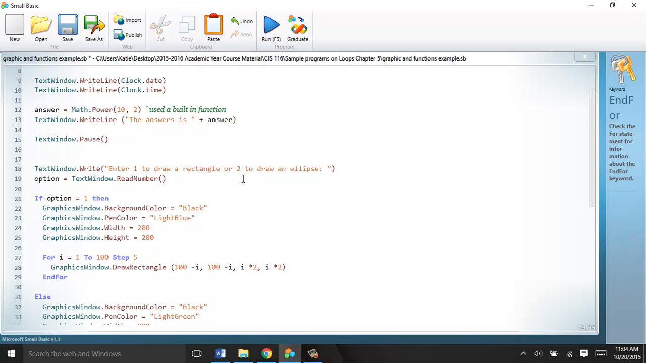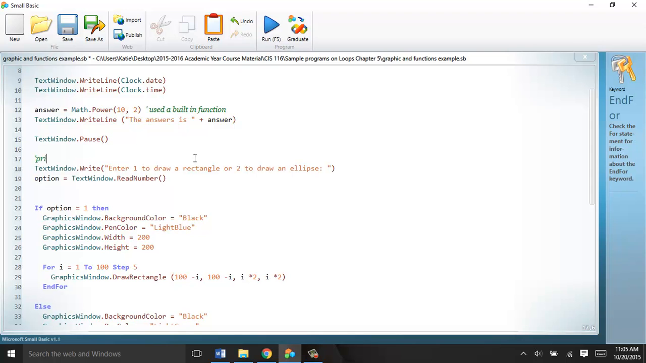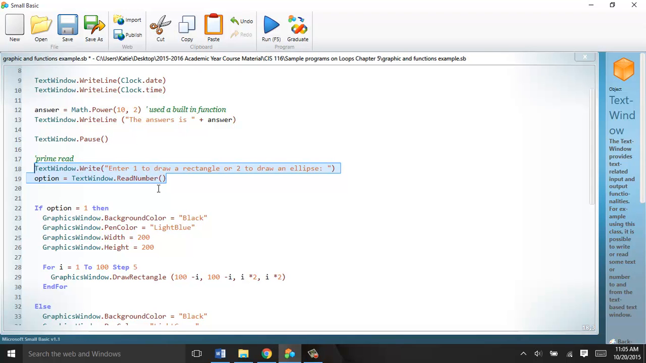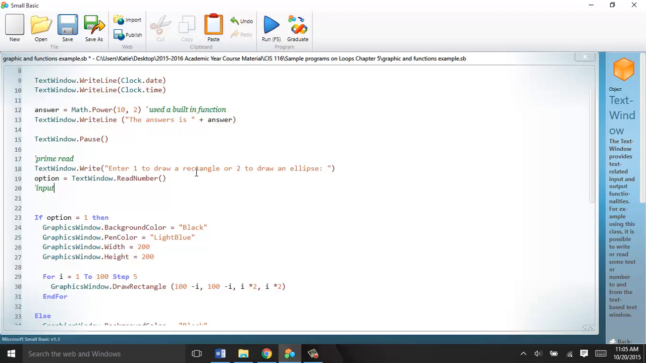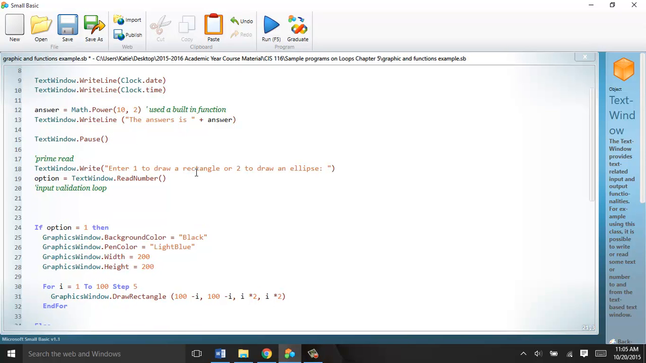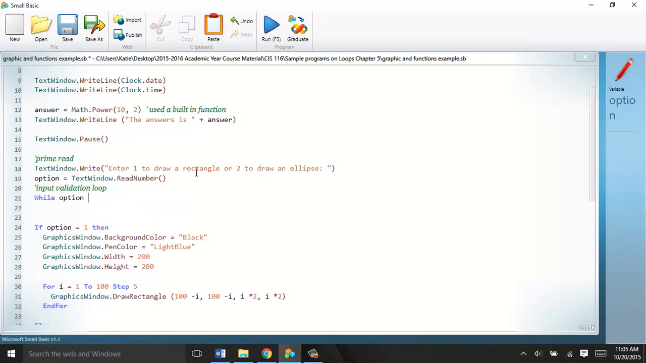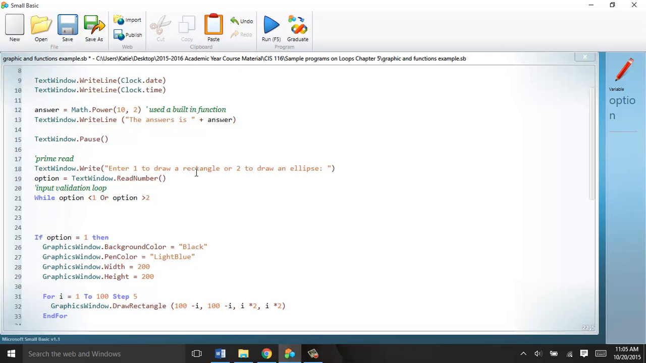How do we do that? Very simple. We have our prime read. So this is now our prime read. And I'm going to take this and copy it. Control C. And then I'm going to do my input validation loop, and I'll say while option is, so 1 and 2 are the only valid options. If I had something larger, it would go, but I'll say while option is less than 1 or option is greater than 2. So if it's less than 1, 0, -1, or greater than 2, meaning 3, 4, 5, then I'm going to print